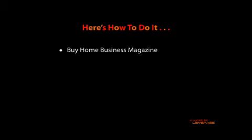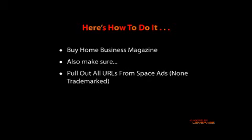Simple. Buy home business magazines. Go to Borders Books, or go online to Amazon.com or something like that, and buy home business magazines. There's several in the niche. One of the most notable is Home Business Magazine. And so what you do is, when you buy these home business magazines, what you'll see is